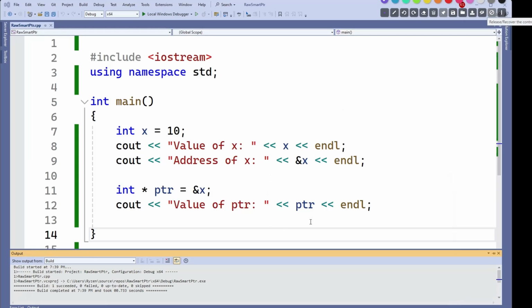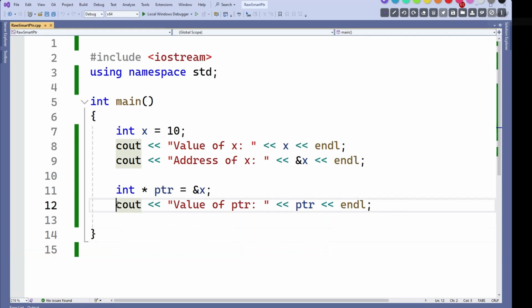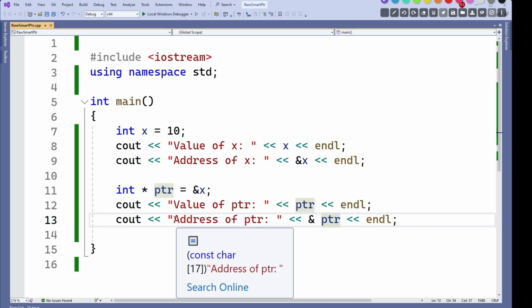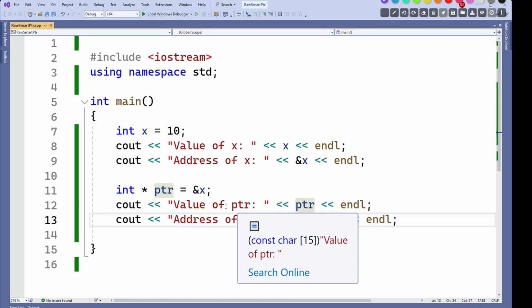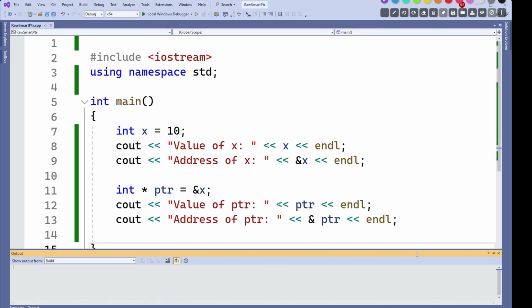Now I'm pretty sure you have a burning question: if I print the value of PTR, of the pointer, can I print the address of PTR? You absolutely can. So let's try to print the value of PTR, of the pointer, and the address of the pointer. So if I run this program now,